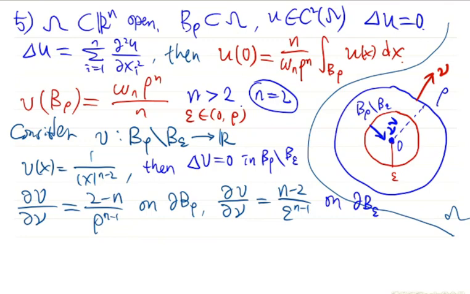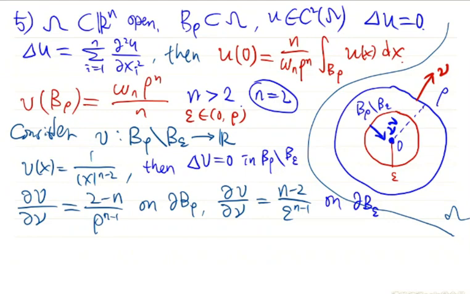Okay, this is easy. So this is the preparation of our argument. When we do this computation, we want to apply the second Green identity. We see that the Laplacian of u is 0 in omega. Of course, this is also true in this ball. Therefore, we can apply the